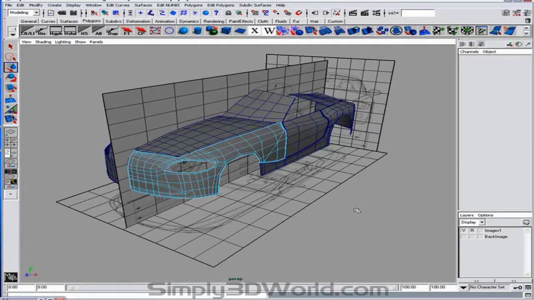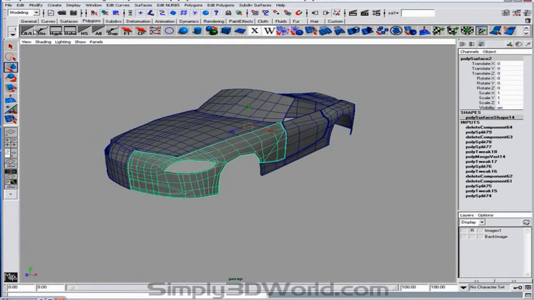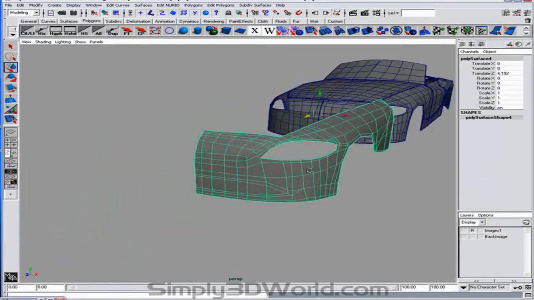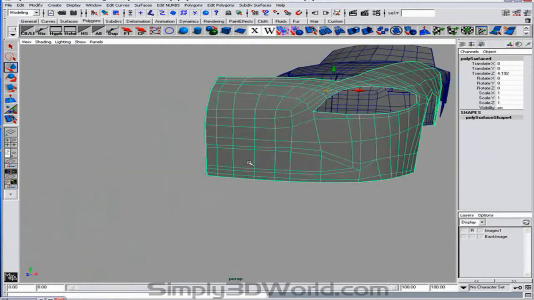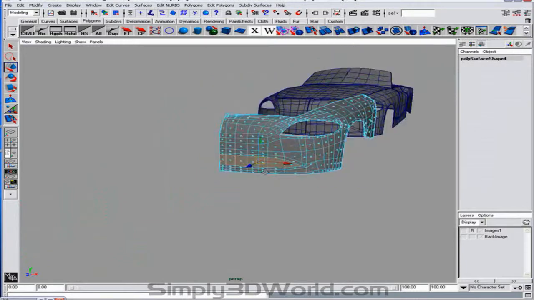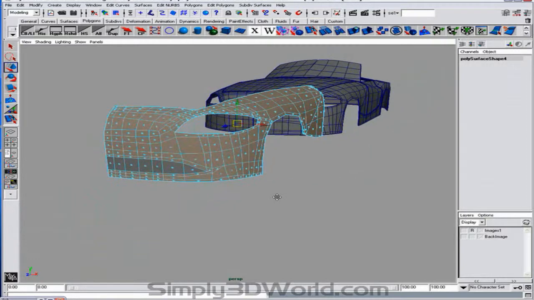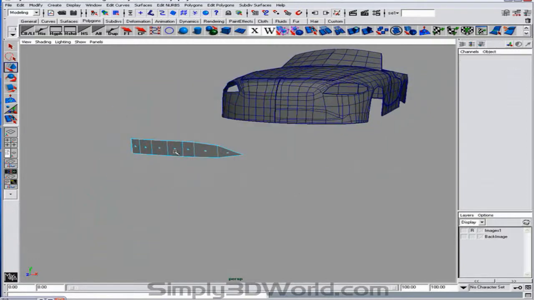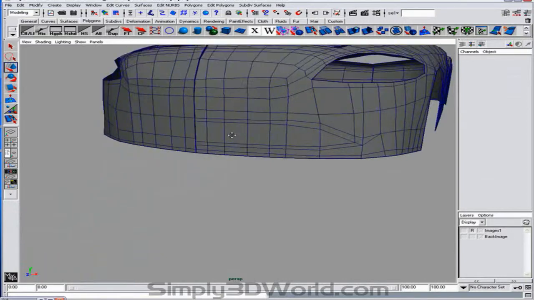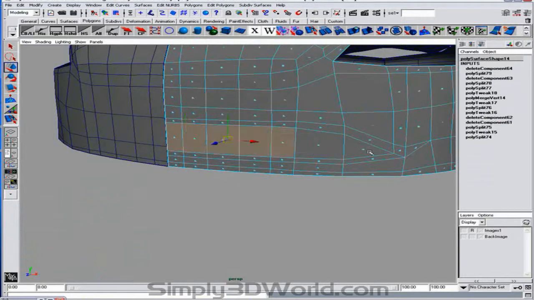Okay, so I'm going to hide my image planes, and I'm going to actually duplicate this geometry, so I'm just going to use my regular duplicate, not the one that mirrors over. And I'm going to do a little trick. I'm going to right click and select the faces of the areas I want to keep. And I'm going to shift select the rest of my model, and you see how it just kind of flip flops? That way I can delete, and that piece will be used for the metal underneath. Now I can go to the new piece, the original piece, and I can actually delete